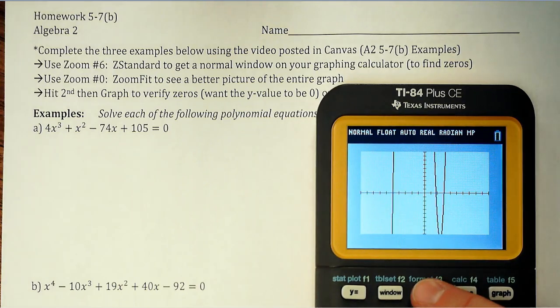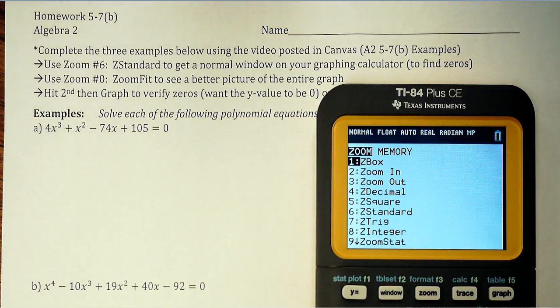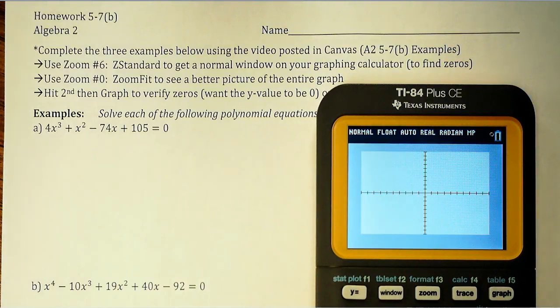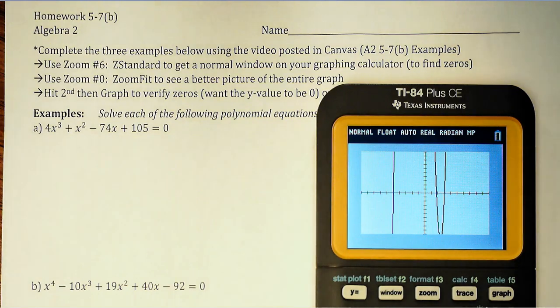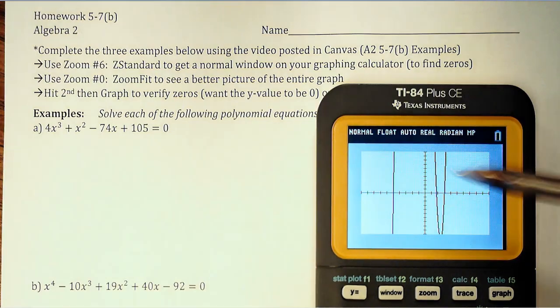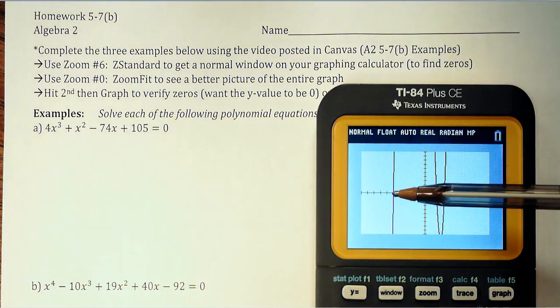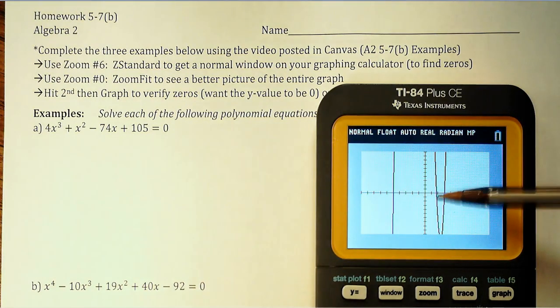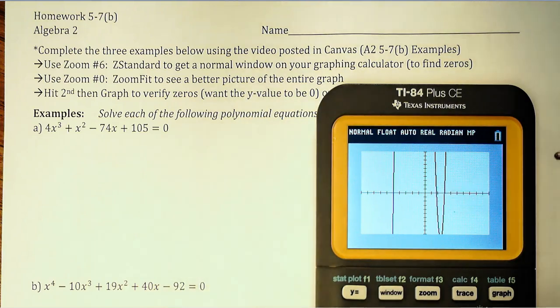I did the zoom and then the number 6. I just typed the 6. And that gives you a -10 to 10 window. And this is where we'll ask you to look for zeros of the function. Now, if you're looking at the graph, you can see this goes through in two nice places, and then it goes through a third time, but I don't really know what that number is,